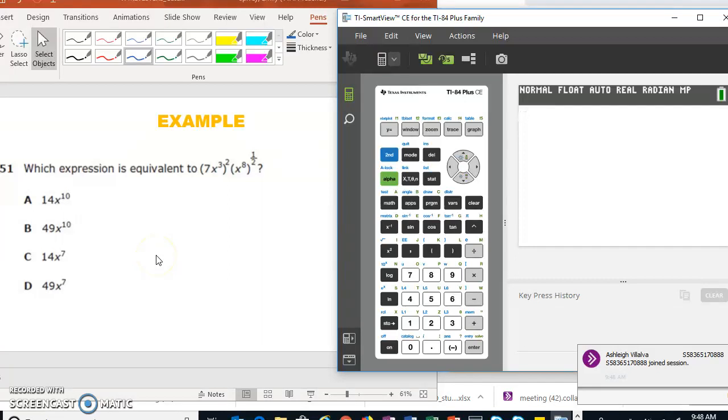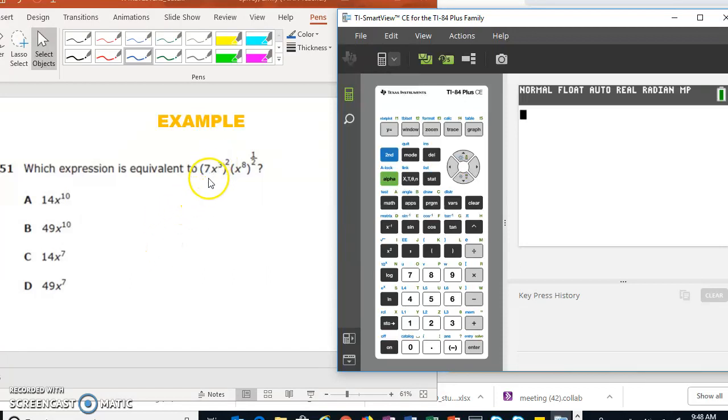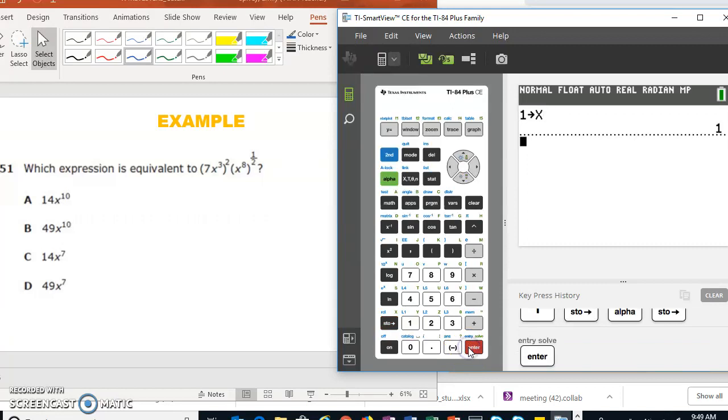For this problem, we are looking to see which expression is equivalent to this one given in the question. So we're going to set each of those up as an equation. We want to first store 1 for the x value. So then I can type in (7x^3)^2,